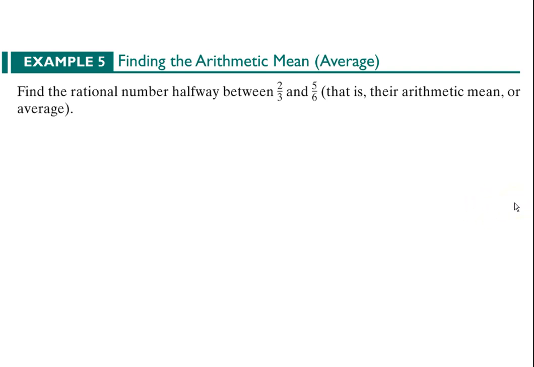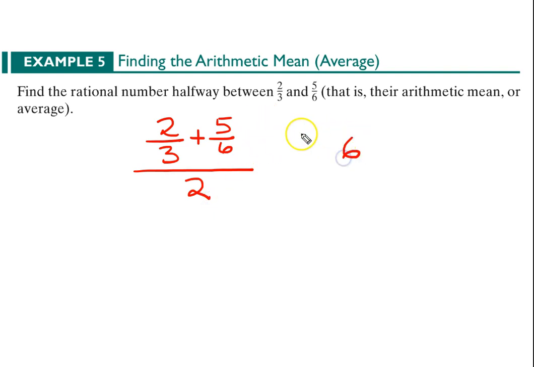Okay, let's find the arithmetic mean, and I'll go through it with you. So, 2/3 and 5/6, all divided by 2. We'll do the top part first. Our common denominator is 6. So we have to multiply this by 1 in the form of 2/2. So this becomes 4/6 plus 5/6, which is